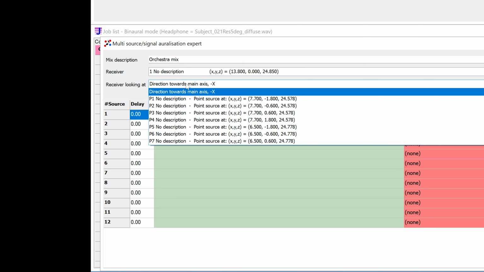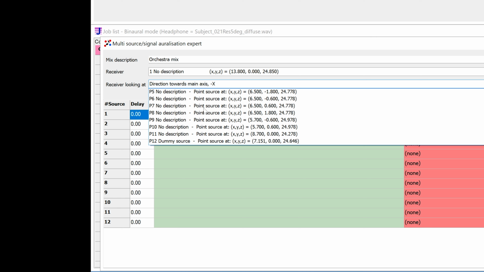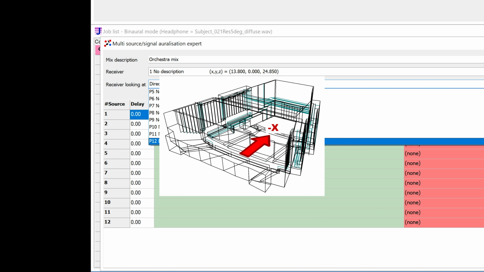The default direction is towards -X, though you can also aim your receiver towards any of your sources. To orient to an arbitrary coordinate, you can define a dummy source at that coordinate and just not assign any WAV file to it. In this model, the -X direction is facing towards the stage, so we will keep the orientation towards -X.